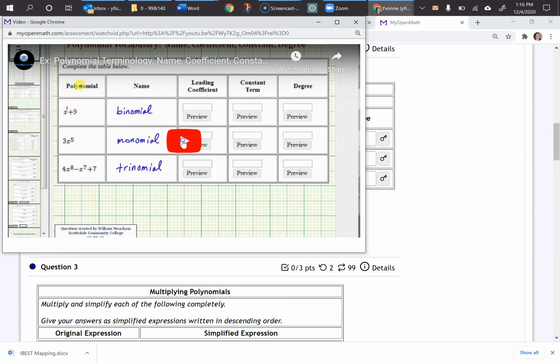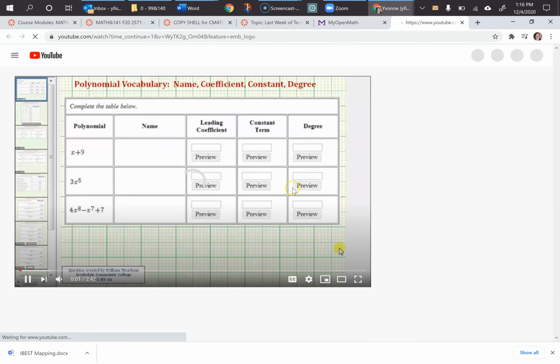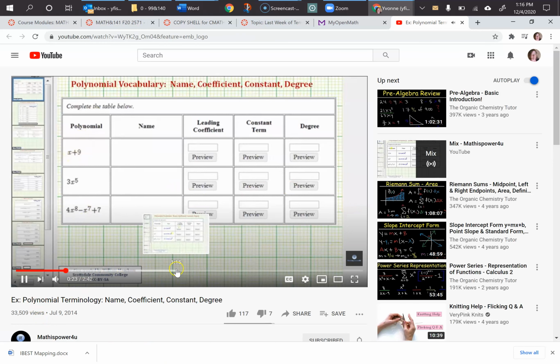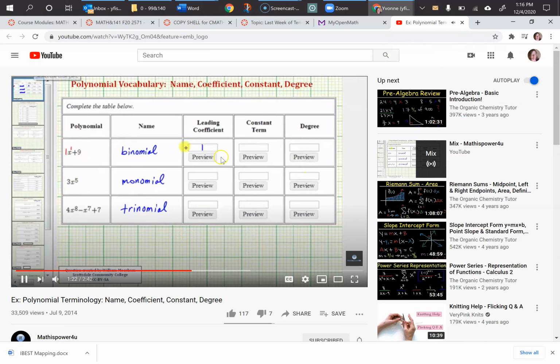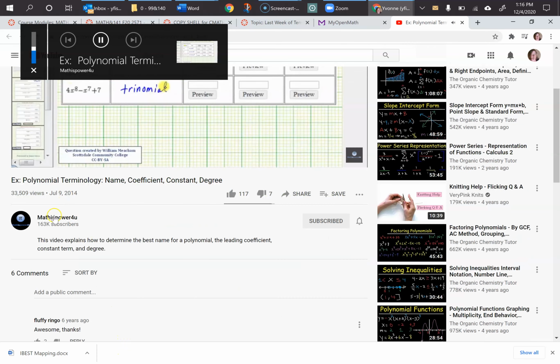This one is James Souza, who I'm very familiar with and I really like. We're given three polynomials by addition or subtraction. Okay, so of course, you can only see one term, so this is clearly the leading term, and since 3x to the fifth means 3 times x to the fifth. He has a website called Math is Power for You,